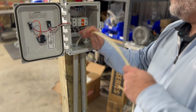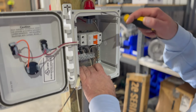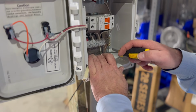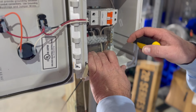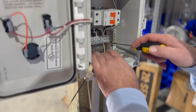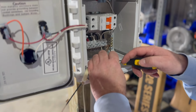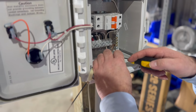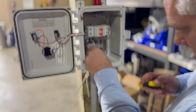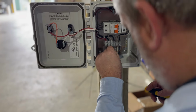So this is my pump wire. We've got our ground wire going to our ground bar. Some of these panels, for the sake of saving space and the bus bar not being wide, will have a ground that's going here, and then they have a separate ground bar. So you're pulling this wire all the way across over here. It should be a protected wire, but we're using Romex on this, so that's why it's naked. On a stranded wire, this would be protected all the way to here. If the ground's going into here, it's not really a big deal. I mean, we've seen 10 times worse. And so you have your white wire, black wire, so we're going to go in, pump out,